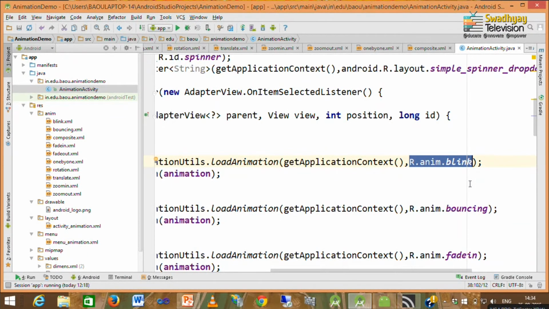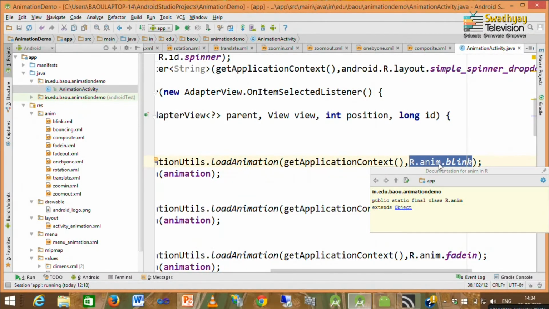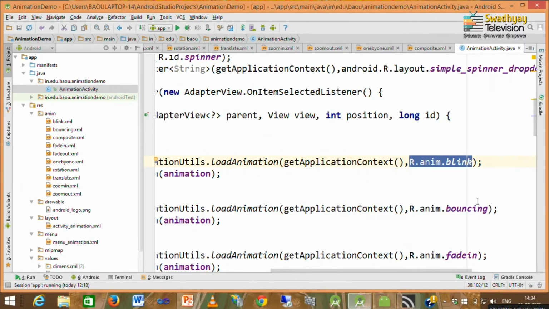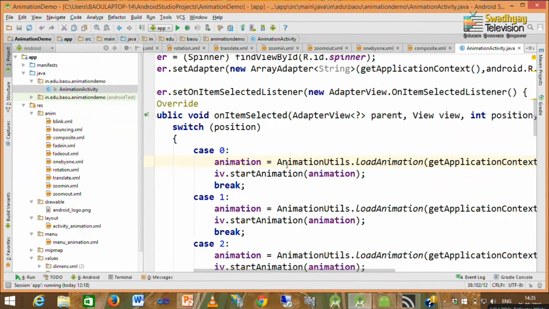Now, this blink.xml file is available inside our anim folder, so its ID is R.anim.blink. Likewise, you can specify any animation which is defined inside this anim folder. This is how we can create an instance of animation that represents animation defined as an XML resource.